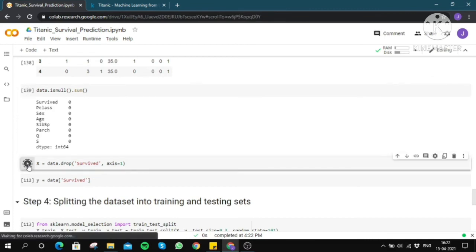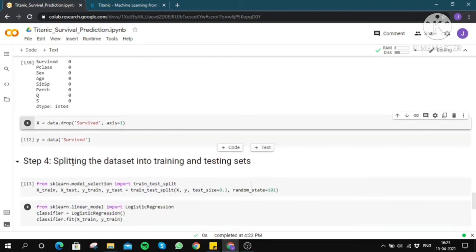Also, we will drop survived and store it in y, and X will consist of all the other features except whether the person has survived or not. This is done in order to split the dataset into training set and testing set, separating the dependent and the independent features.